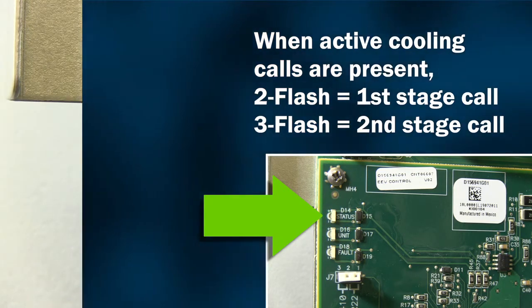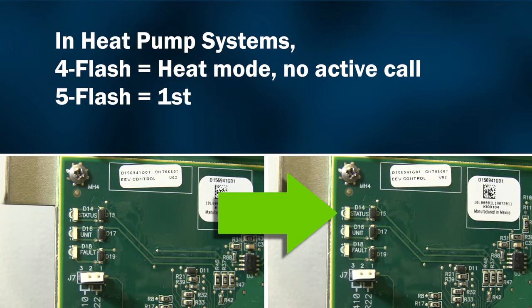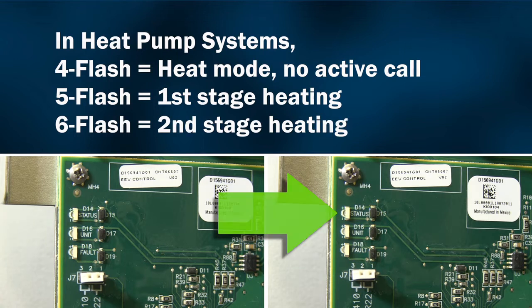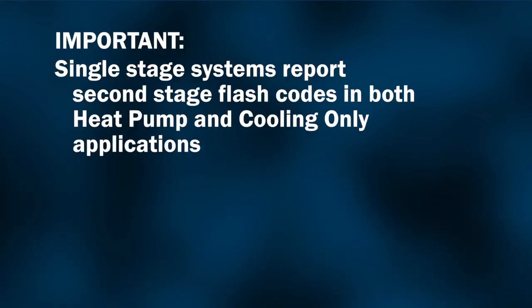In heat pump systems, a 4 flash from the EVC status LED indicates heat mode with no active call. 5 flashes indicate an active call for first stage heating, and 6 flashes indicate an active call for second stage heating. Now, it is important to note here that in both cooling and heat pump operations, single stage systems will